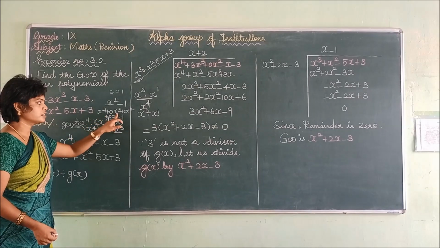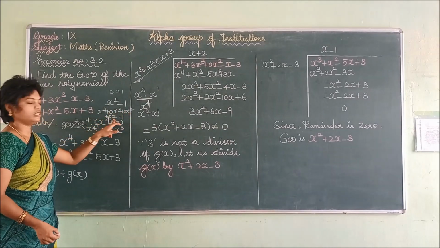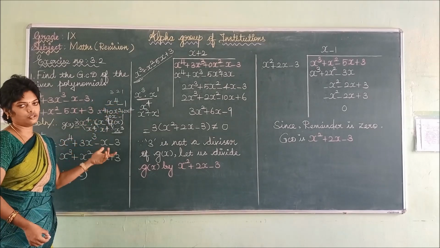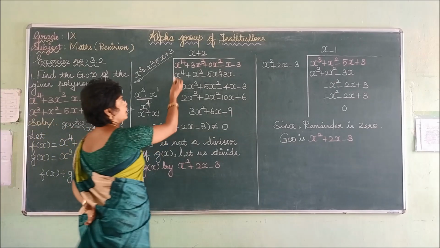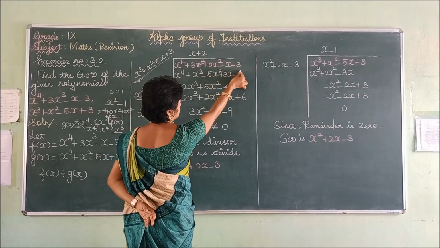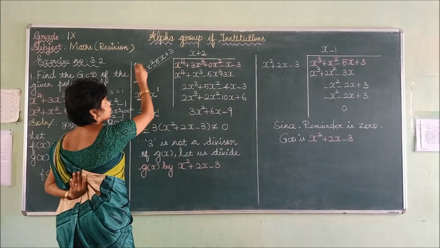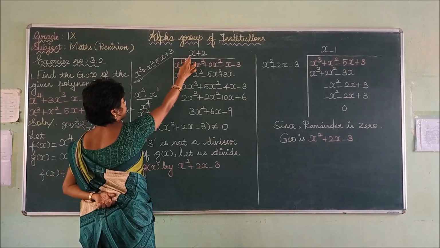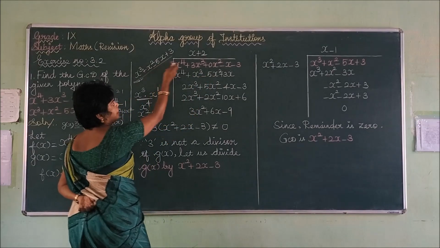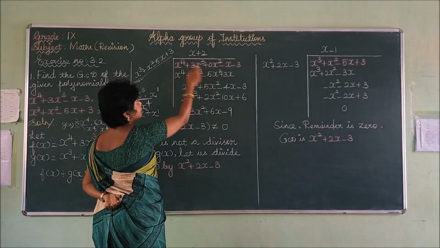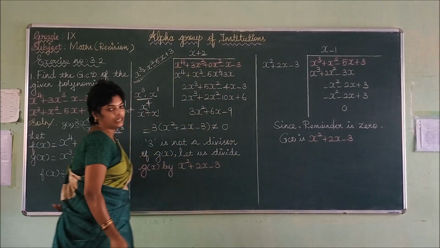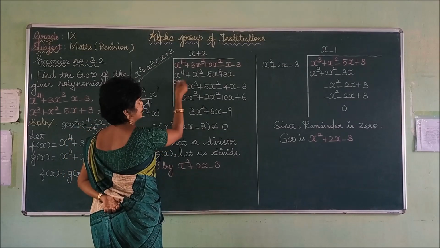So whenever you multiply this, it becomes 0. So whenever taking the coefficient of x cube, x squared as 0, there is no change in the question. So listen, x power 4 plus 3x cube, this term is missing, so I am taking 0x squared minus x minus 3. So multiply that x with the whole term. x into x cube is x power 4, x squared into x is x cube, then minus 5x into x is minus 5x squared. At last 3 into x is 3x.